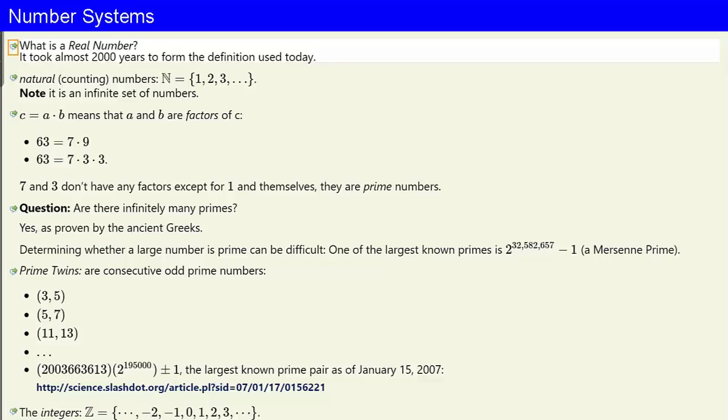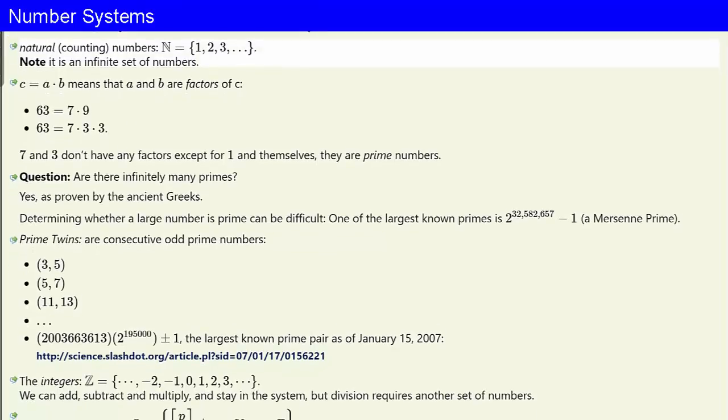The question is, what is a precise definition of a real number? The answer is, how much time have you got? It took more than 2,000 years to develop the precise definition of the real numbers, and we're going to review that today. Let's start with the natural or counting numbers, denoted by this pretty symbol N,